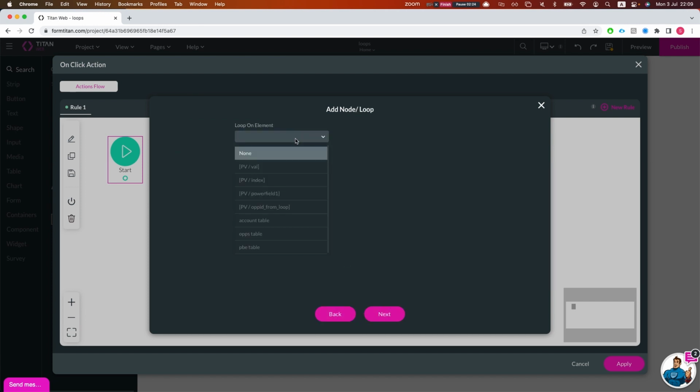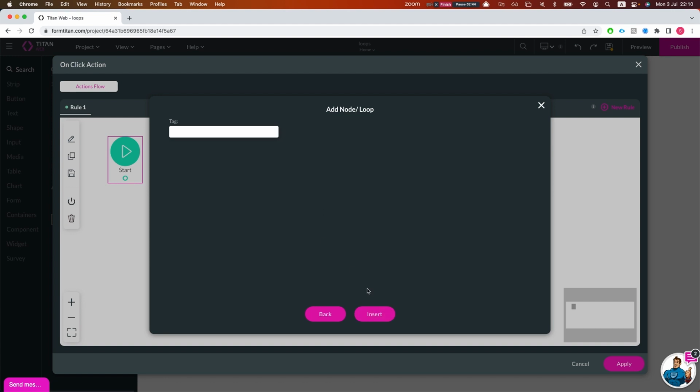So first thing, I can choose what I want to loop over. In my instance, it's going to be the account table. It can be looped over, and I'll show you an instance with a variable. And loops on tables and repeated strips are very similar, and I'll show you this in just a second. So I'll loop over the account table,